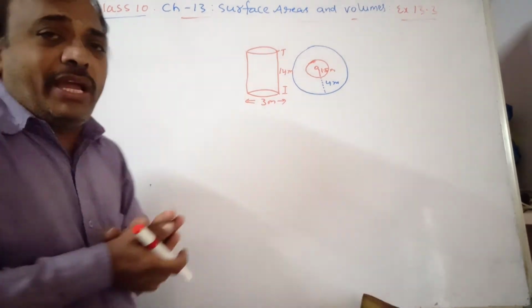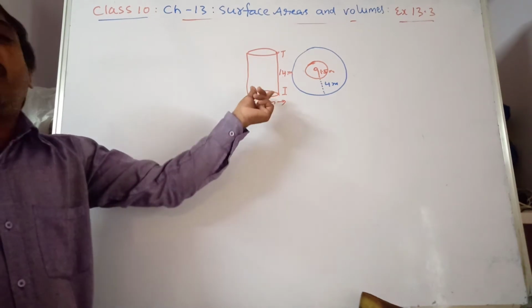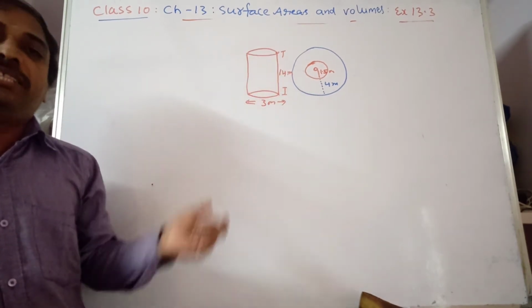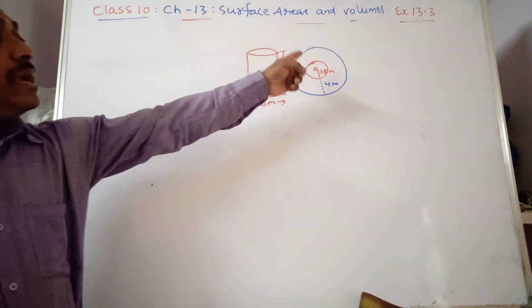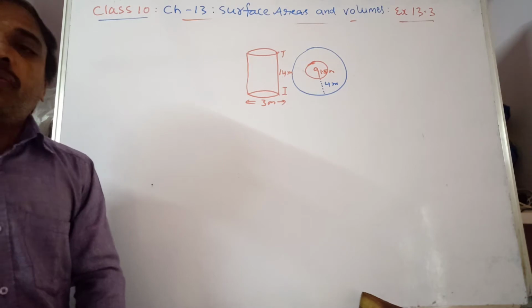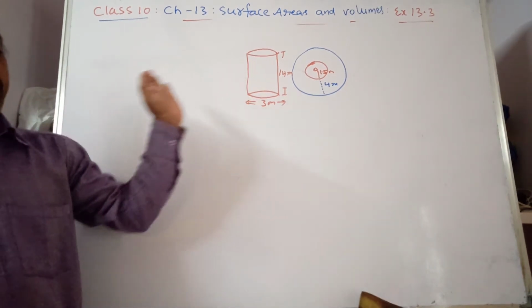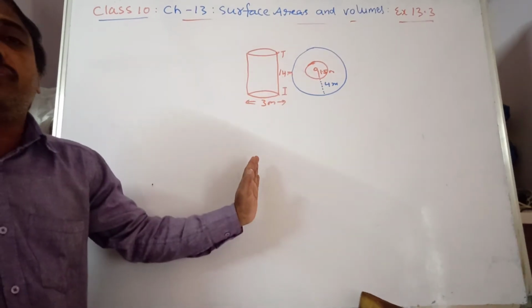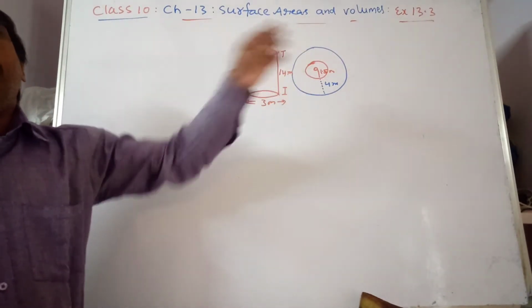So what do we have to calculate here? Yes, you are right. You have to calculate the volume of the earth taken out, which is nothing but the volume of the cylinder. Then he is asking the height of the embankment. So what do we have to do? The volume of the cylindrical well is equal to the volume of the embankment.